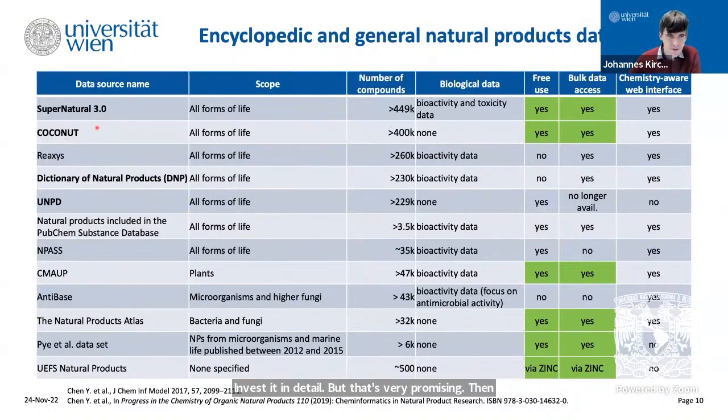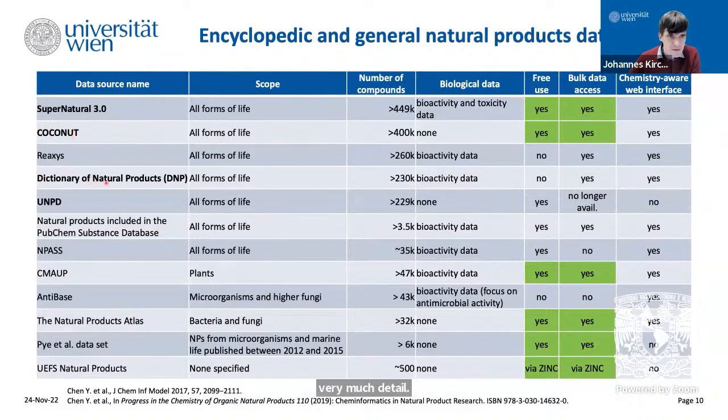But for the coconut database, it's known that it's quite noisy. So there's a lot of synthetic compounds in there too. So coconut does need further curation before use if you really want to make sure that you're only working with natural products, which is not necessarily always needed. I strongly believe that any of the other databases also has some shortcomings, but for coconut, we know it because we analyzed it in very much detail.